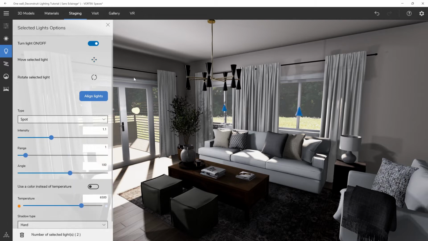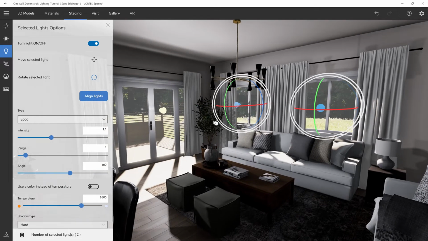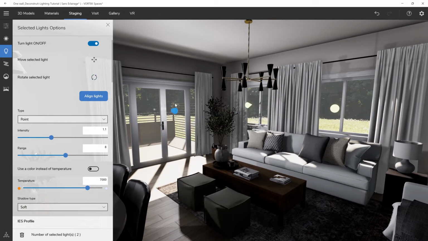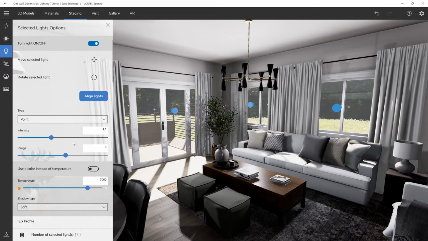Take them all together, move them away from the window, give them a rotation by 90 degrees so it's facing toward the room. And now instead of going and picking all of the other settings, I'll just go and select the other lights that are already adjusted, and using Control, clicking on those 2 lights. So you see here, they will just take the same properties, and now they all can be adjusted at the same time. So here I can put the intensity at 1, and I'll make the range a little bit